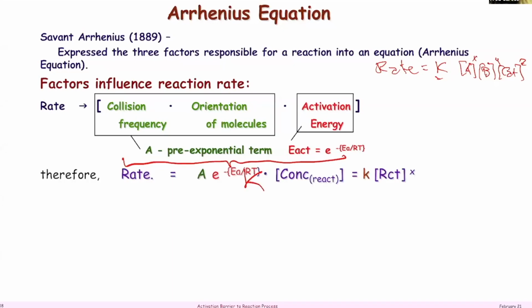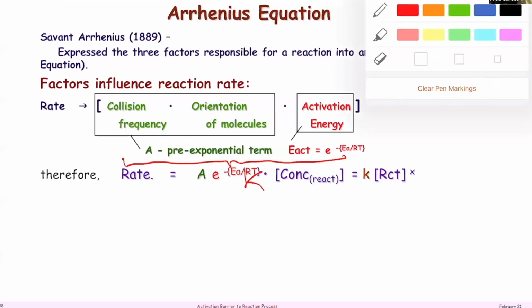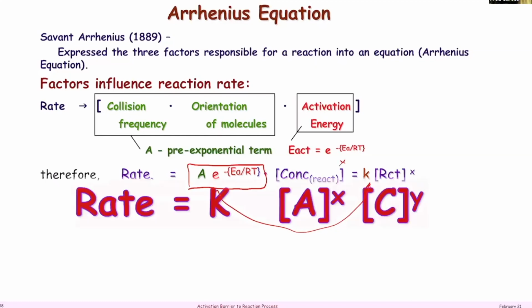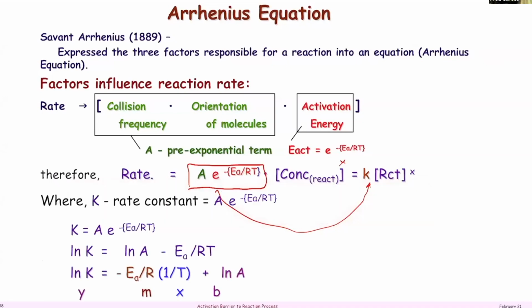Okay, and that's what you see right here. This is K. And then the concentration taken to whatever power that you have. And that's basically what I have right there. And so what you can do is this. We always try and do this in science. And when you do experiment number 1, it's no different. You are going to take the different temperatures, figure out the rate constant at those different temperatures, and then calculate the rate,